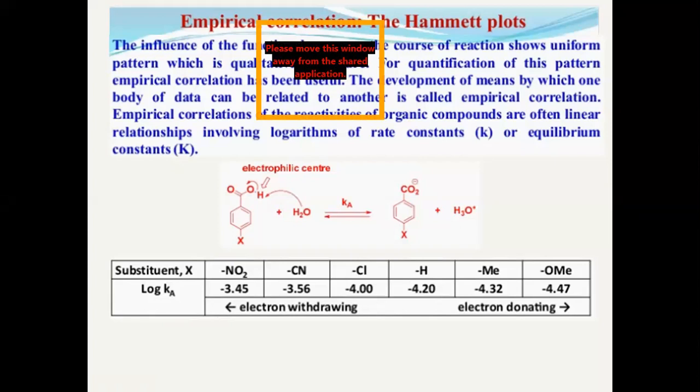So qualitatively there are two types of groups, electron withdrawing and electron donating. How do we know the quantity, how strong, weak or moderate it is? You get that from these values. These values tell about which group is how strong, medium, or moderate, or we can say weak, in terms of donation of electron, in terms of withdrawing of electron. And we can go for this plot also.